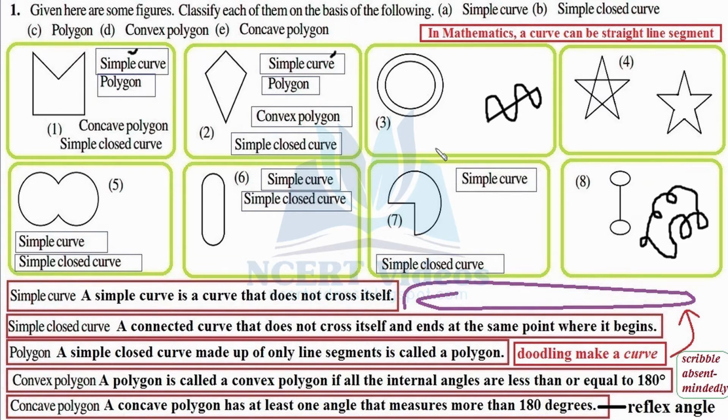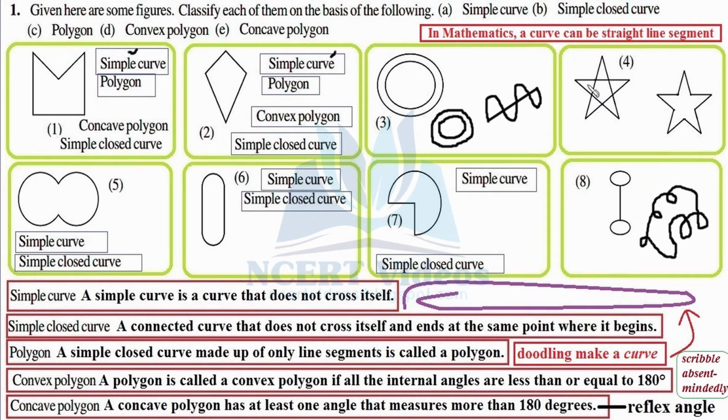And another very important point to note is that a simple curve has to be drawn without lifting your writing tool. For an instance, we can make an inner circle like this, but in order to make another circle, we have to lift our writing tool. Then only we can construct another outer circle or outer curve. Henceforth, it is not a simple curve. Therefore, a simple curve should be made without lifting your writing tool.